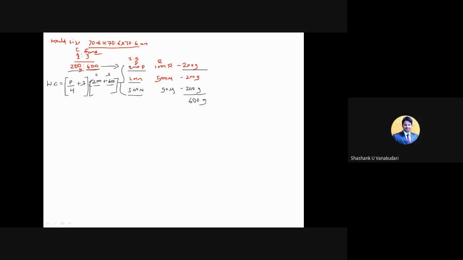Now P is in terms of percentage. Substitute the values and you will get the result. P you can consider as 32. So 32 divided by 4 plus 3, divided by 100, or else 32 divided by 100 also you can do, anything you prefer.